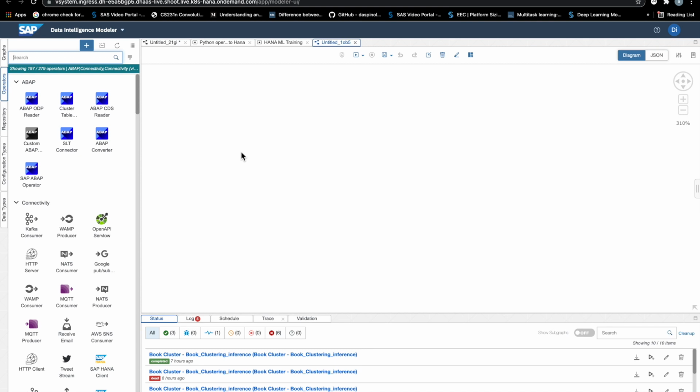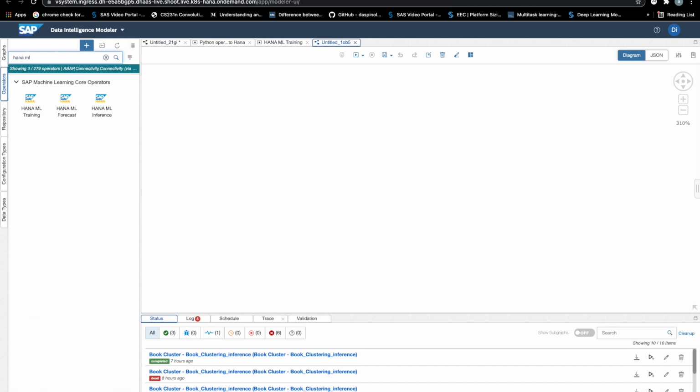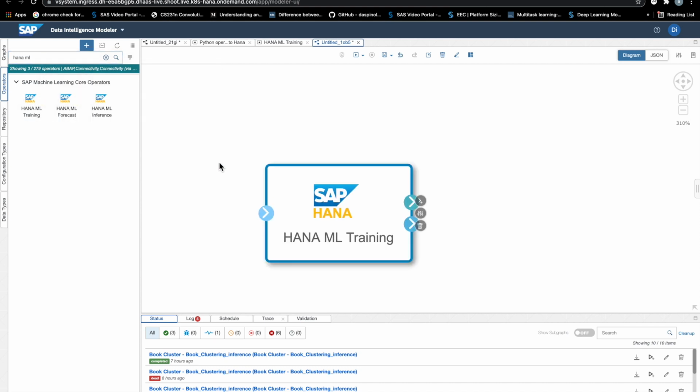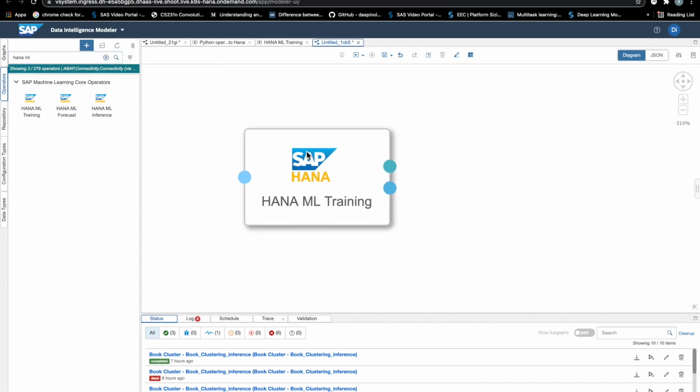Let's see an example of how we can create a custom operator in the Data Intelligence Modeler. Say we want to operationalize the training of a HANA ML algorithm in DI. We have seen that in principle we have a ready-to-use HANA ML training operator, so let's have a look at